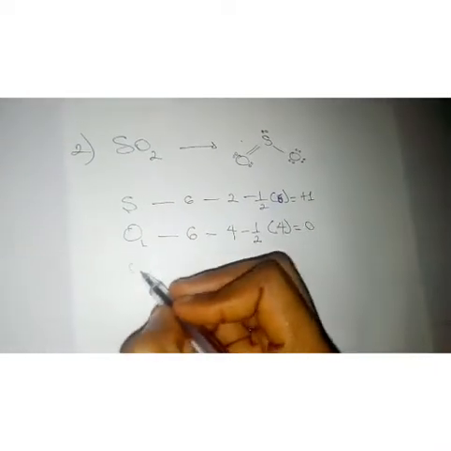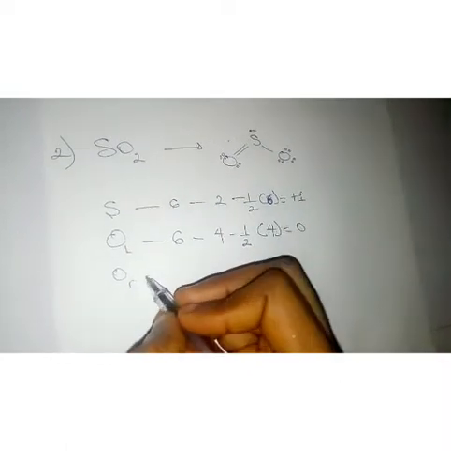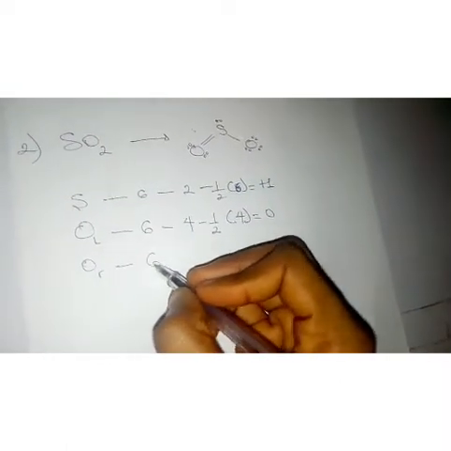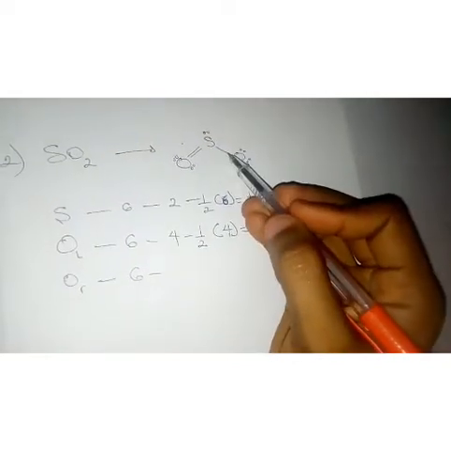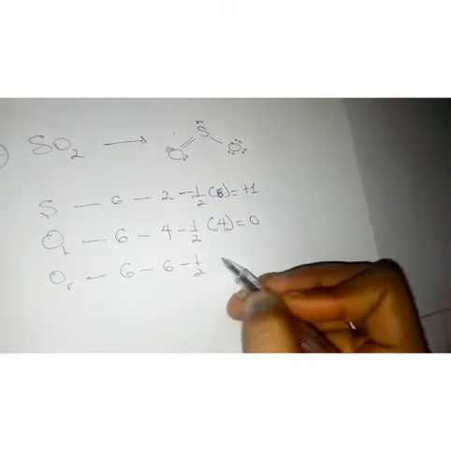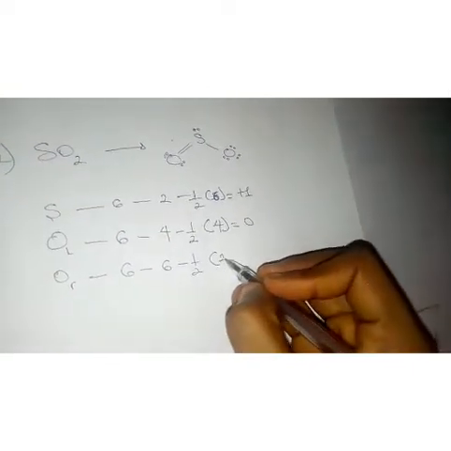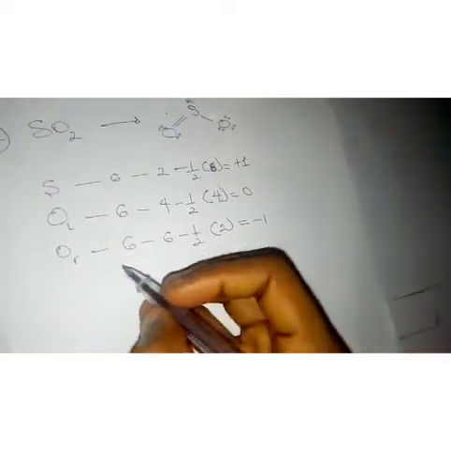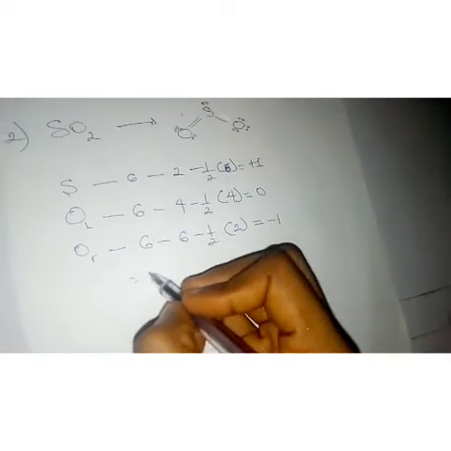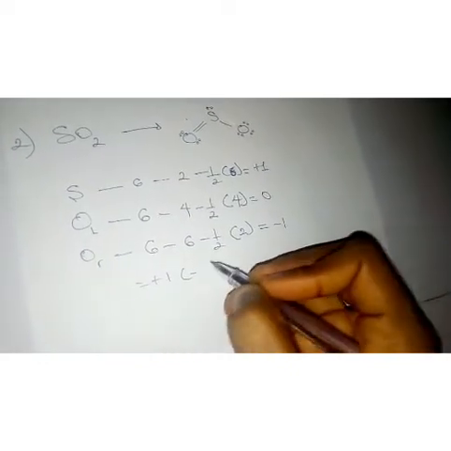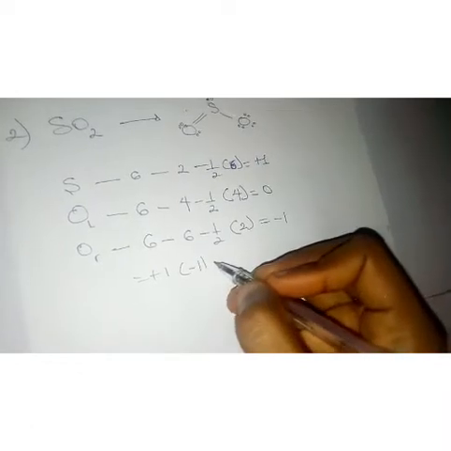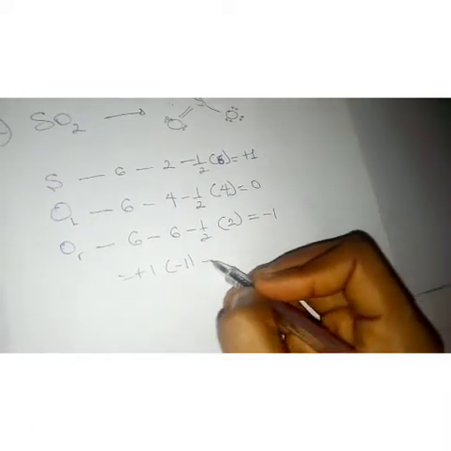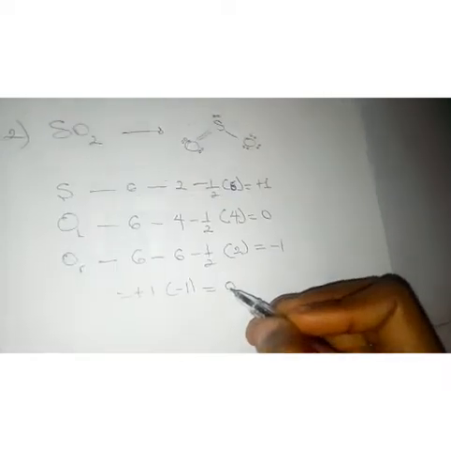Now let's check the oxygen on the right hand side. This has 6 valence electrons and its lone pairs are 2, 4, 6. Since it has one bond, it has only 2 electrons in it, and this would give us minus 1. So we're going to sum them up. When we sum them up, we're supposed to have 0 plus 1 minus 1. Ignoring the 0, it's supposed to give us 0. So this is why we have the neutral